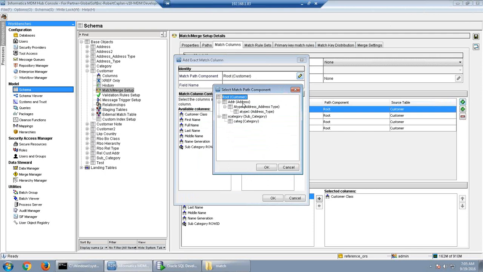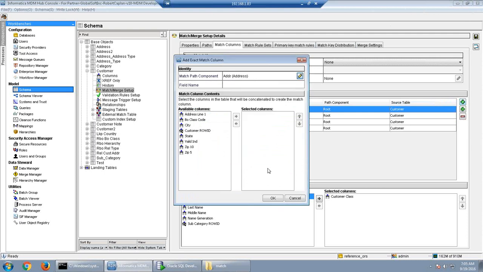Suppose I want some column from address. I will select this address match path component and click on OK. Here you can see all the columns are coming from the address table. For example, I need a city column to be an exact column.